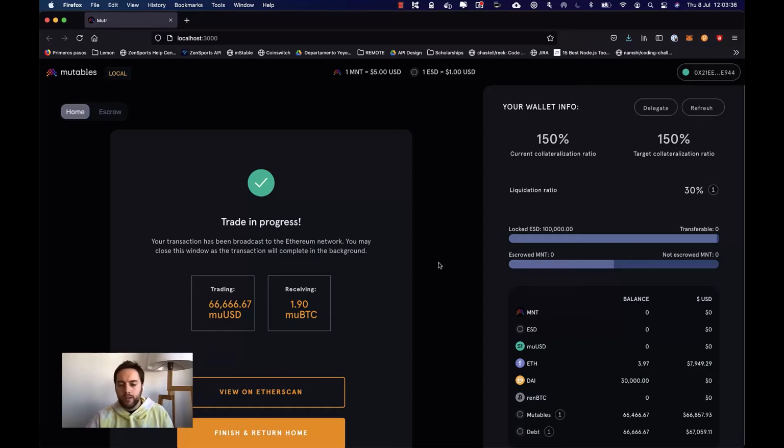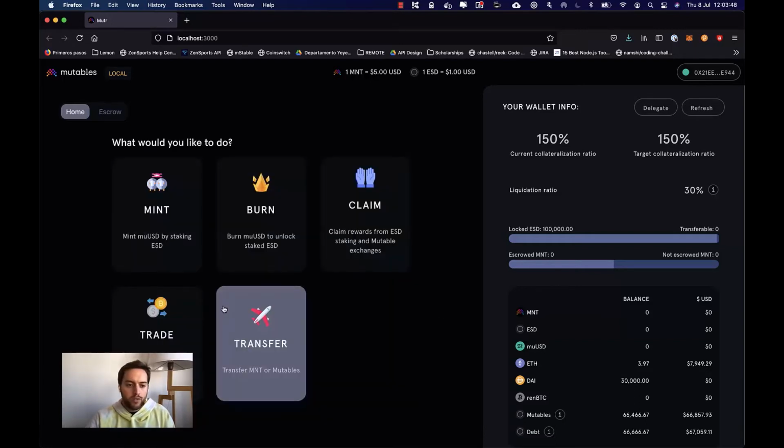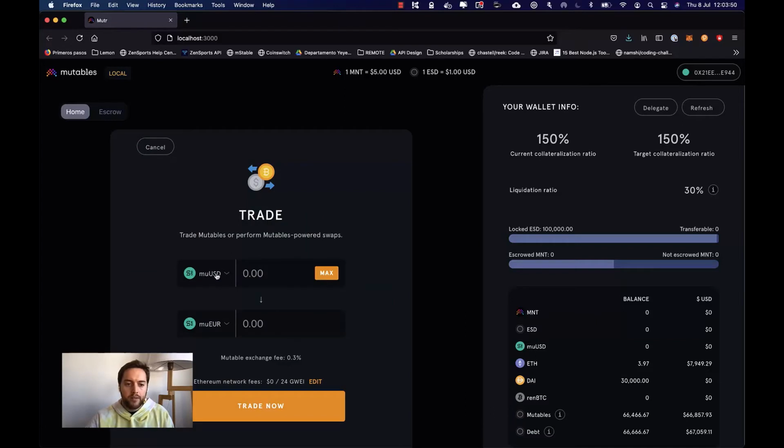Later on, we will try to make this easier so you can actually burn directly from your mutables like MUBTC. Right now you can only burn MUUSD. So let's go back to trade. Let's choose MUBTC, and let's choose MUUSD. Okay, let's trade,